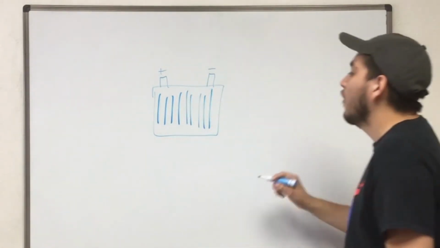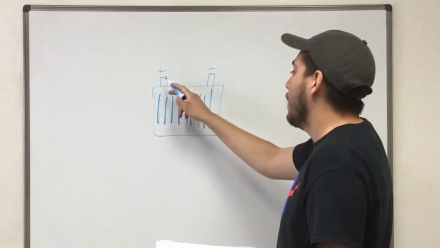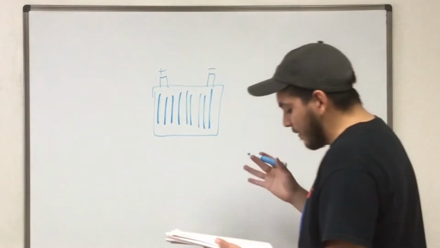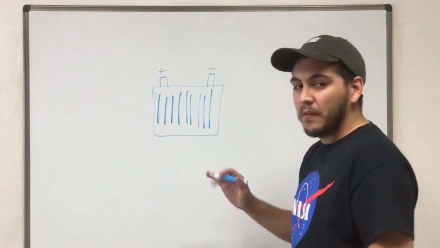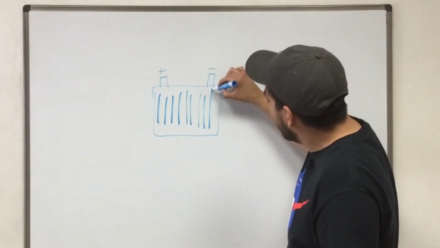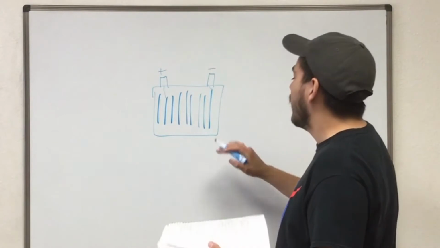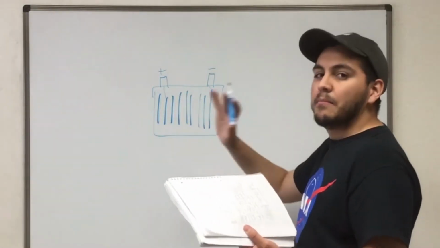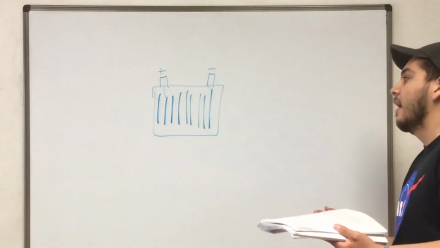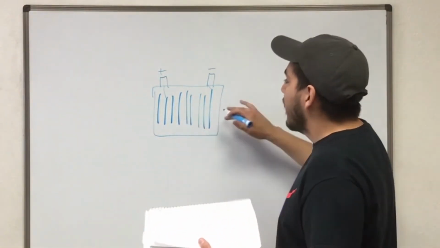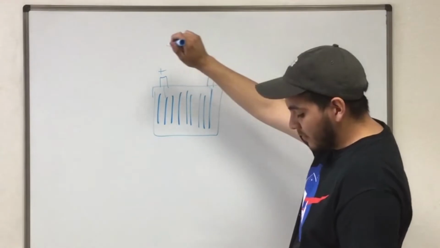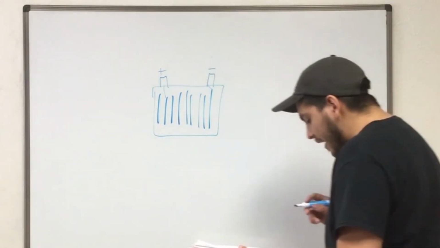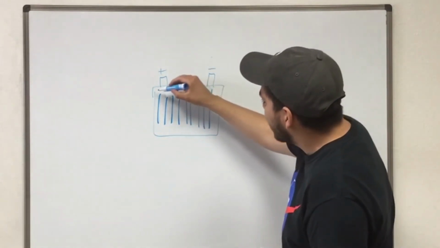Okay, so all these plates are connected either to the positive or to the negative. They go in order, like positive, negative, positive, and they're both connected, like I said, to the positive or the negative cathode. And they're both immersed in an aqueous